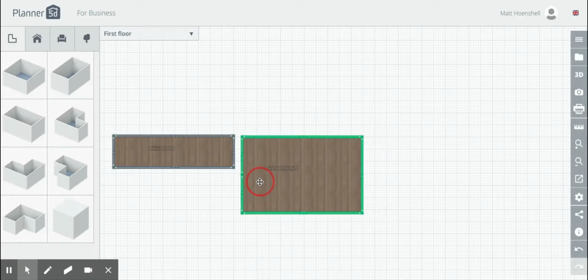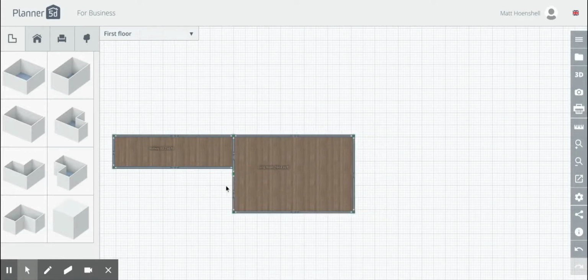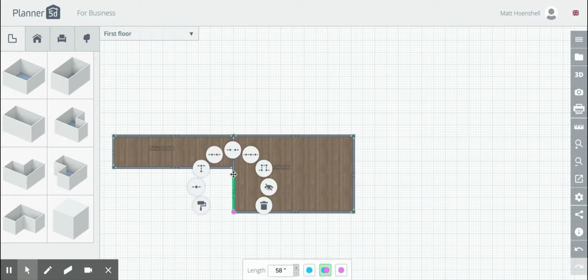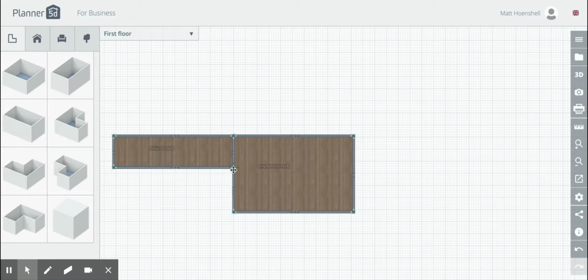So if I put them back together, I can now take this dot and move it up to the corner, and notice how it sort of snaps on the corner. So now this piece of wall in my living room is the same width as my hallway. So if I move them apart,